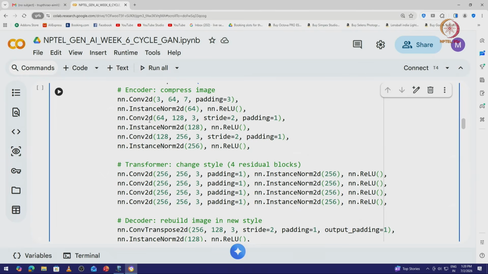Then the next convolution layer comprising 64 neurons, 128 filters, and the filter size is 3, and we make use of stride equal to 2. We try to increase the stride so that we avoid one window in between the 2 strides, and padding is necessary so that we do not lose the edge information. Now, coming to one more normalization, we increase the normalization size, that is 128 neurons, once again the ReLU activation function, convolution with 128 filters, and then